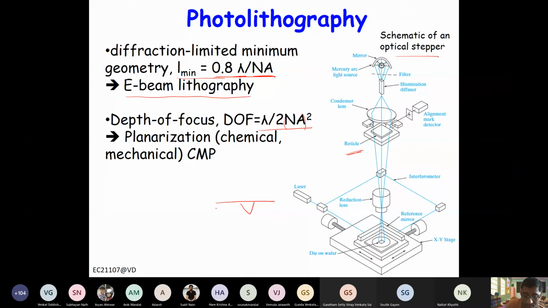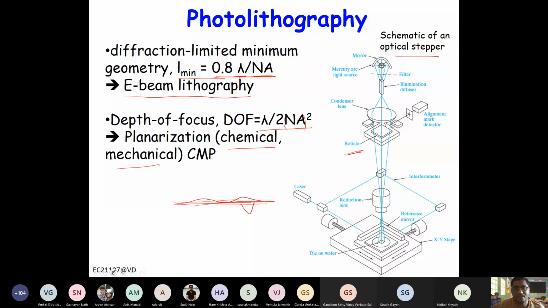But when you go through the different processes, the surface may not be planar, right? It may have some kind of unevenness. So what is done is the surface is planarized, and there are two processes, chemical and mechanical. Mechanical is basically polishing, so you polish it, right? And chemical is basically applying a chemical which reacts with and is passed over the surface. So the surface is made planar, so that the depth of focus addresses the intended result. So up to that particular depth, your resist will be weakened or hardened, right?